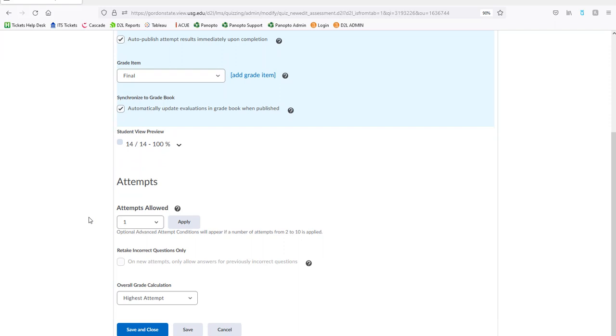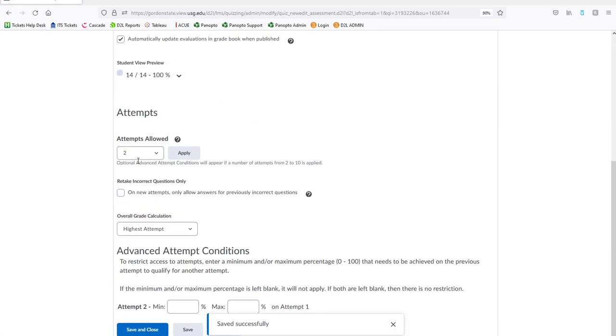And then down at the bottom, you choose how many attempts they are allowed to take on the exam. By default, it's going to be 1. In most cases, you probably are going to choose 1. They get to take the quiz once, and then they have their grade. You can say, well, I'll let you take it twice. And when you do that, it will allow you to take it twice, and maybe on your second attempt you